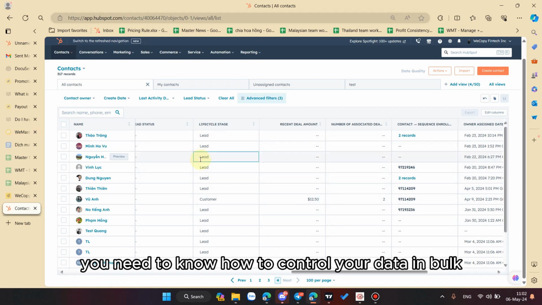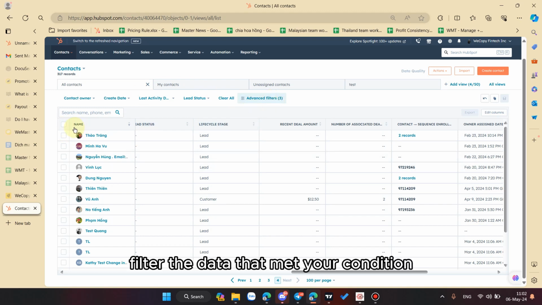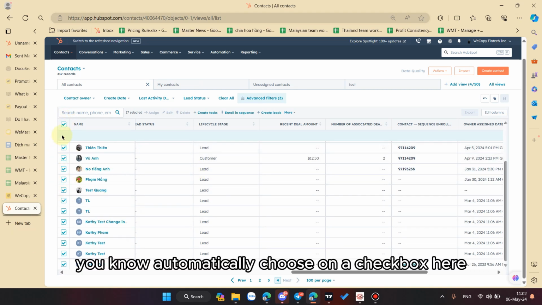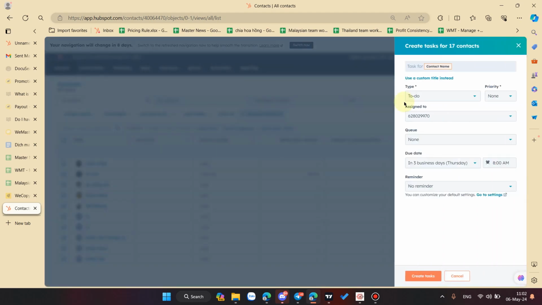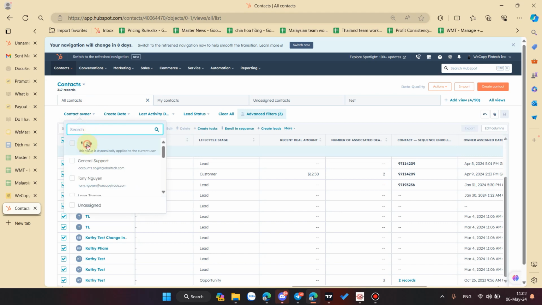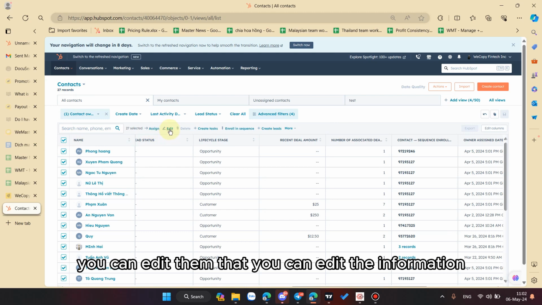control your data in bulk. If you have already filtered the data that met your condition, you just need to click on this corner, and it will automatically choose all the checkboxes here, and then you just enroll them into the sequence. Also, you can do several things in bulk, like you can create a task, or you can edit the information.